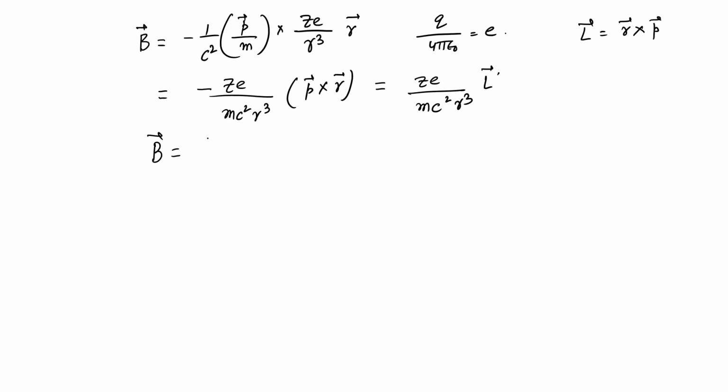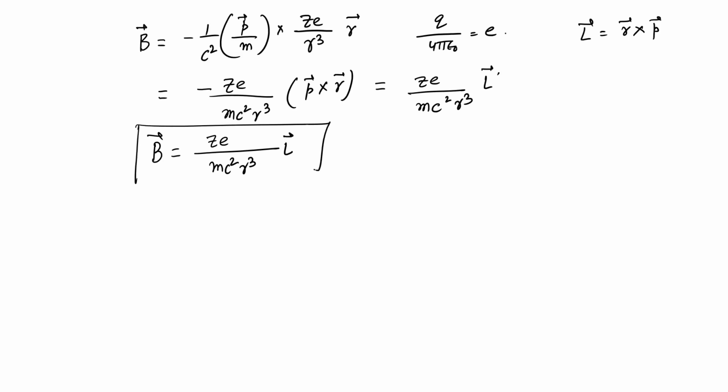Now, we are talking about the rest frame of the electron. So, the electron is actually at rest in its own frame. Okay. So, that magnetic field that is generated can be written in terms of m c square R cube L,